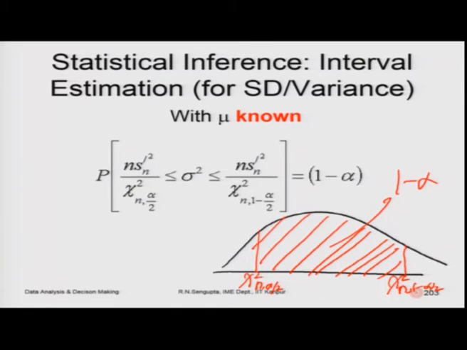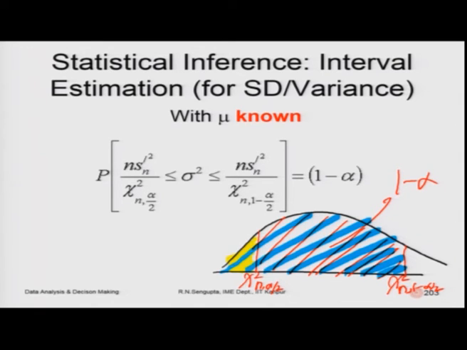If you see the suffix, it gives me alpha by 2. That means alpha by 2 is the area onto the left of the chi-square first value, and 1 minus alpha by 2 is the overall area which is onto the left. So, we are basically following the same nomenclature, considering the overall area covered onto the left. So, 1 minus alpha by 2 technically means the whole area we have covered from the minimum value of chi square to that value, and this whole area is 1 minus alpha by 2, and the right hand side, which 1 minus alpha by 2 would be for the case,